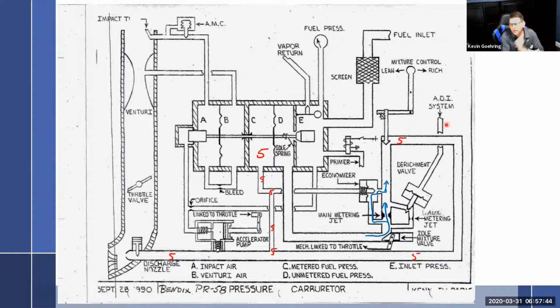And so we talked about extra fuel does provide cooling, and we proved that with EGT and CHT, and we saw with these EGT and CHT gauges that if we go quite a bit on the rich side, everything starts to cool down. So, okay, no doubt that fuel provides cooling. But you also know that excessive fuel, the more fuel we add, the further away we're going to get from best power. That's a bad thing, right? So if we're going full throttle, it's because we want best power. So I go full throttle to get best power, but the stupid carburetor adds a whole bunch of fuel, which robs me from my power.